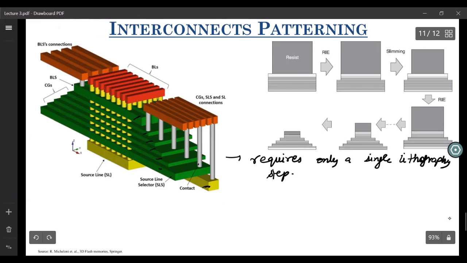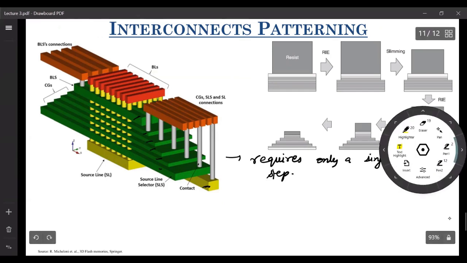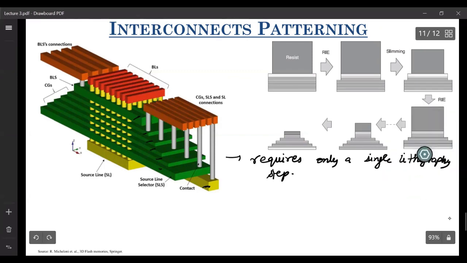So how does it require only a single lithography step? The first lithography step that is required here goes into defining this photoresist length. So only defining this dimension requires lithography.